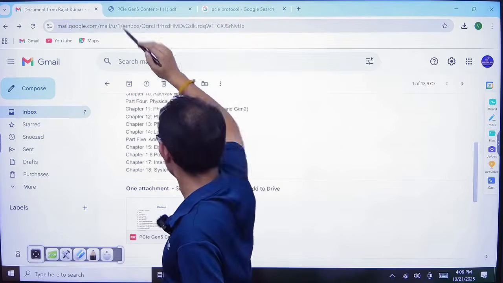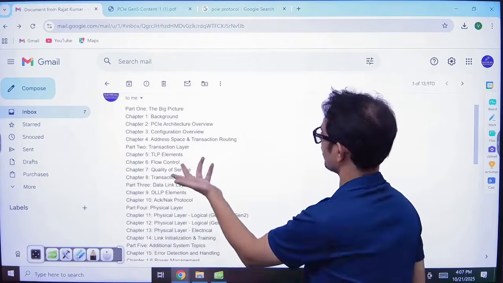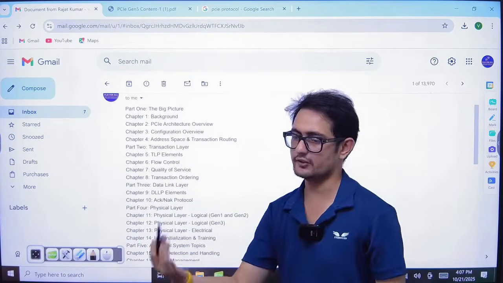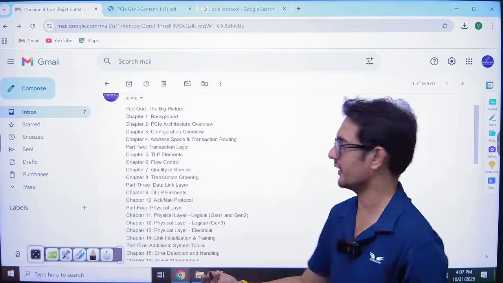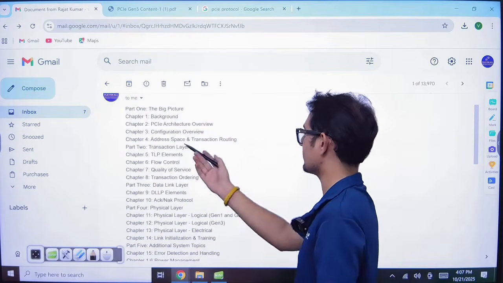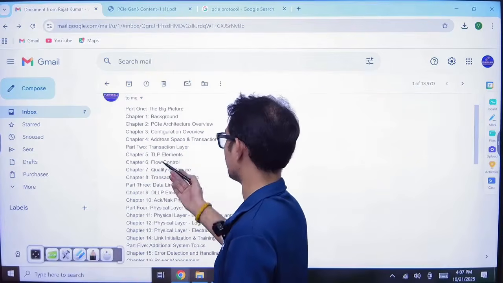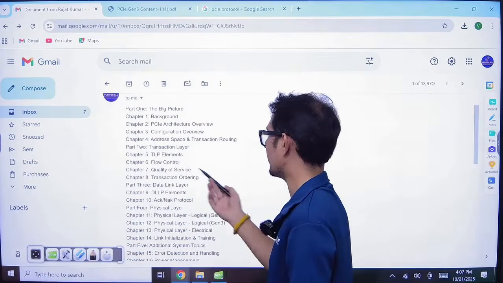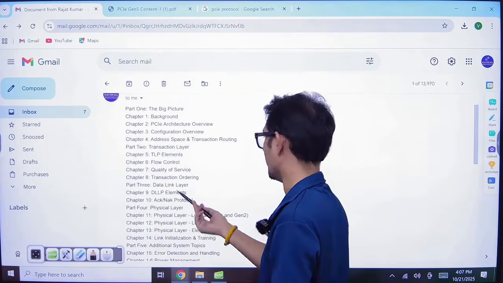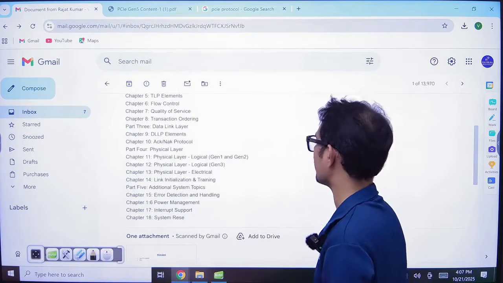Here we will discuss the big picture: what is PCI, the background of PCI, like Gen 1, Gen 2, Gen 3, up to Gen 5, PCI architecture overview, configuration overview, address spaces and routing. Then the transaction layer, TLP elements, data flow, quality of service, transaction ordering. Then the data link layer, DLLP elements, acknowledgement protocols.